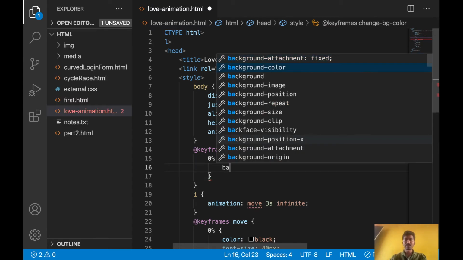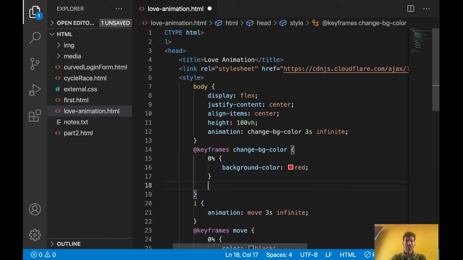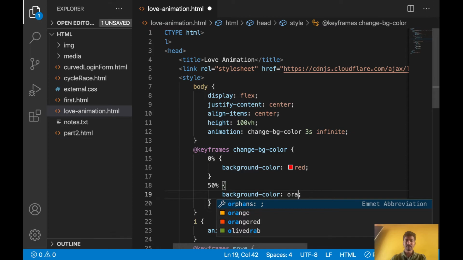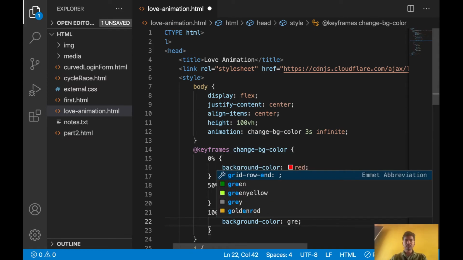So let's use some background color. Let's copy this one. For 50% I want to give a different color. Okay, let's say orange. For 100% I want to give a different color. Let's say green, yellow.